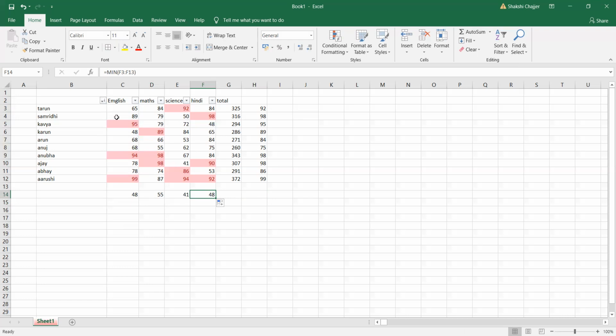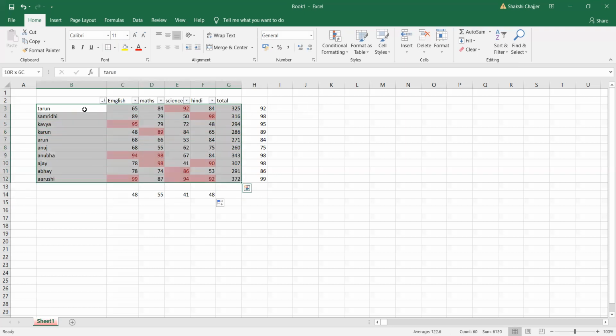Now I want to arrange the names of the students as per the maximum marks received by them.